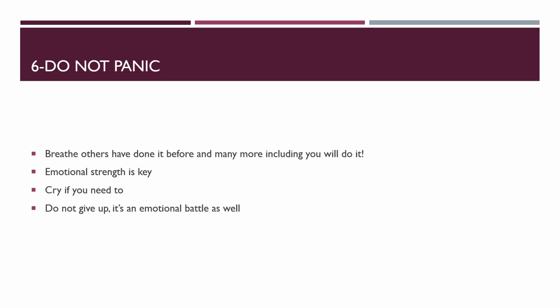And the next tip, number 6, which is one of the most important tips, is do not panic. CTA takes a toll on you mentally and emotionally, and financially for some people as well. So you really need to be strong, because there are times where you probably feel like giving up, but do not give up. I think I remember myself when I